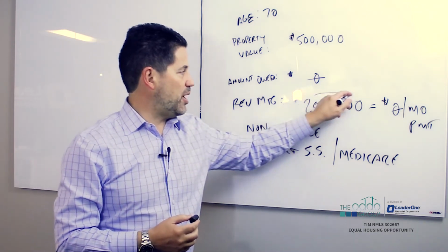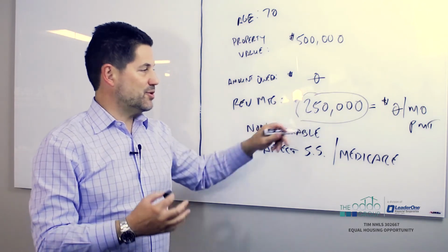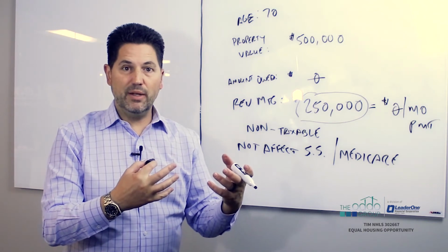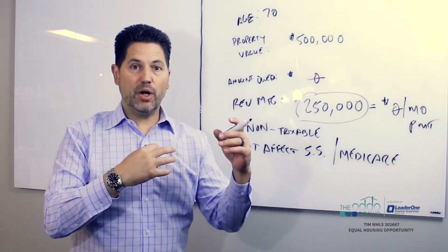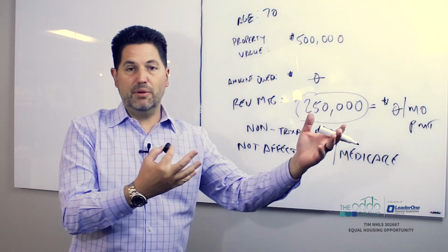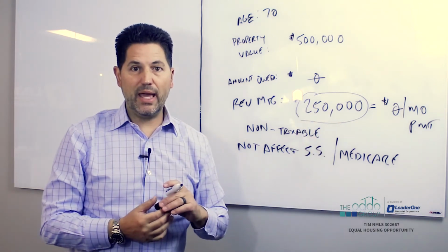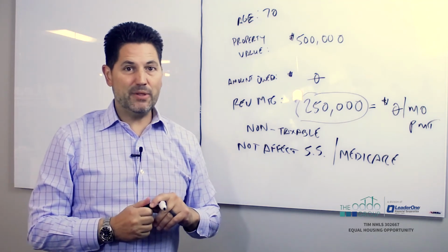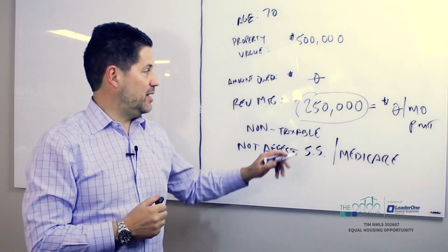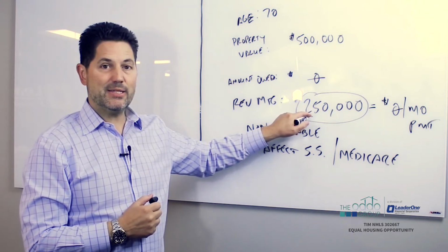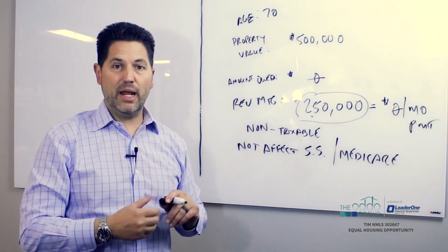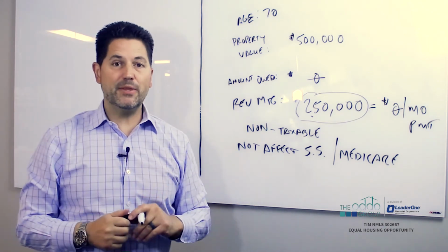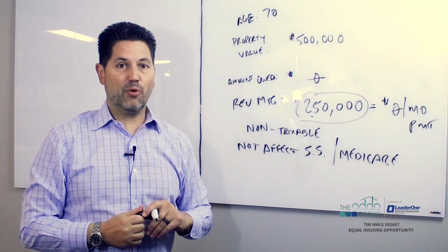This becomes a really powerful tool, this $250,000, or the ability to use some of that, to borrow some of that, to be able to live. Because the fact is that if you're in a market where you have some money in an IRA or a 401k, and the market's taking a 10 or 20% dip, it probably is not the wisest decision to pull money out of that. Instead, it may be better to take it out of this for that particular year, use some money out of there to live on, to go do something, and then wait till the market comes back up to then pull that money out of your IRA or 401k.